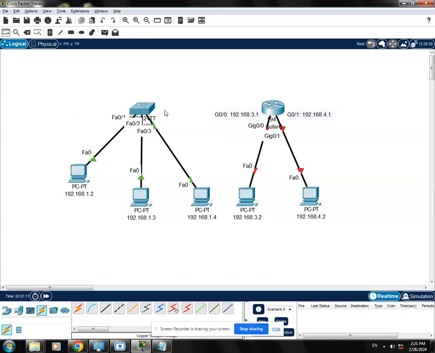On this switch, there are three computers connected, and I connect them using the straight through cable. Fast Ethernet 0 from the PC to the switch's fast Ethernet 0/1, this one goes to fast Ethernet 0/2, and this PC to fast Ethernet 0/3 on the switch. Okay, and I want this IP address to be on this PC, and this IP address